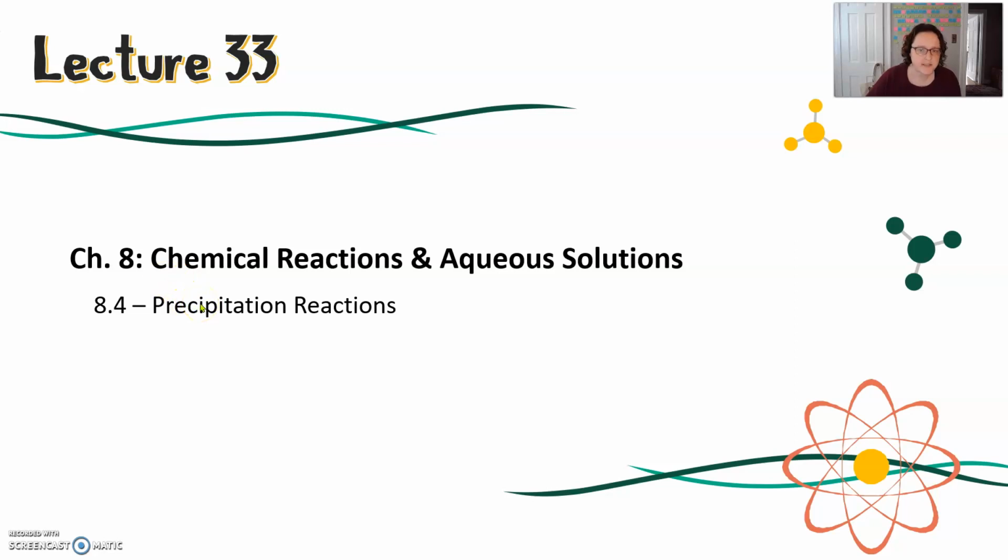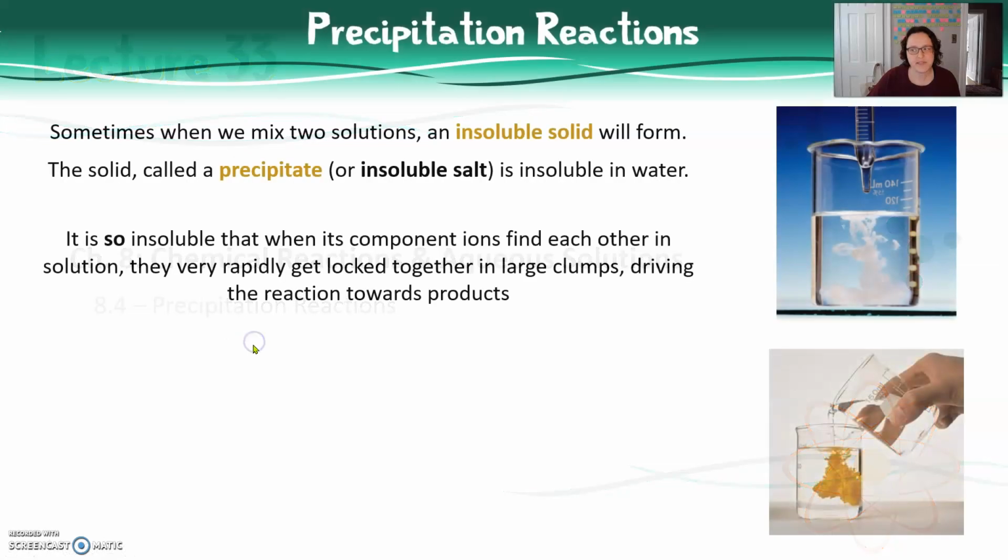This mini-lecture discusses precipitation reactions, including how to predict the products of a double displacement reaction, how to predict if a product will precipitate, and how to determine the net ionic equation for a precipitation reaction. A precipitation reaction occurs when two solutions of soluble ionic compounds are mixed and an insoluble solid, called the precipitate,